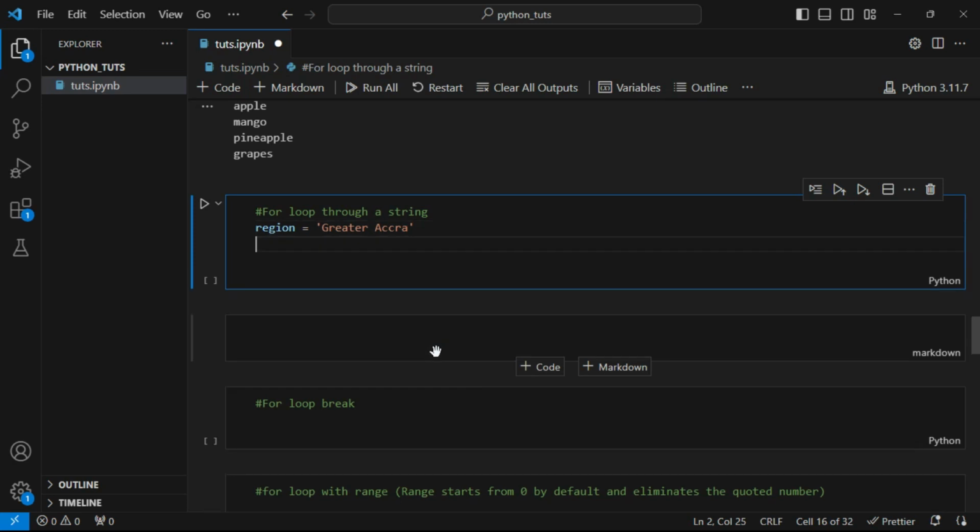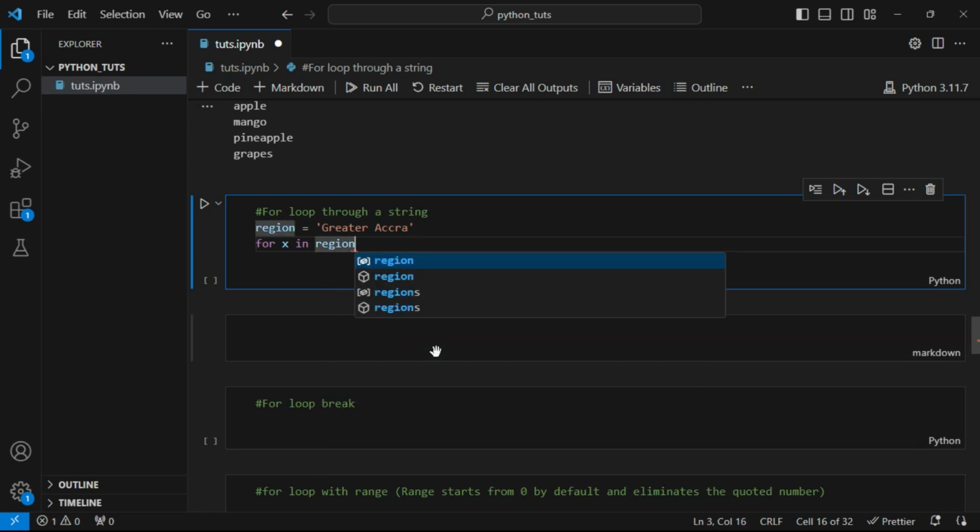This is a string. The first example was a list, but now we are going to loop through a string. So for x in region,